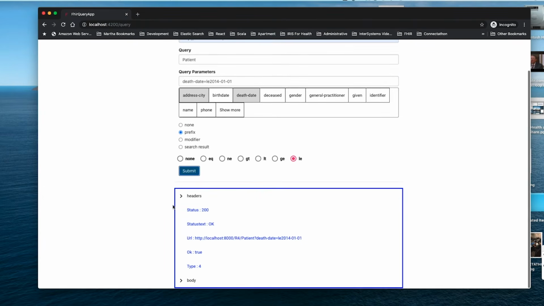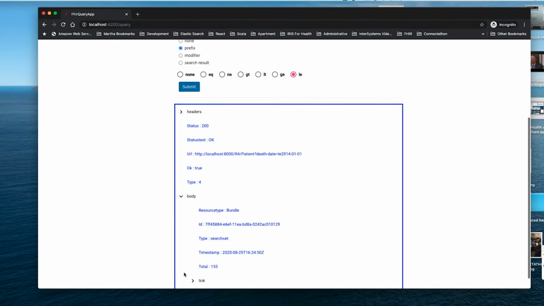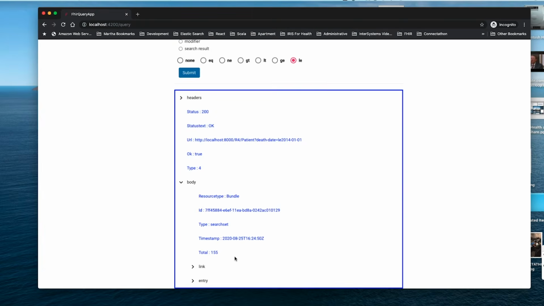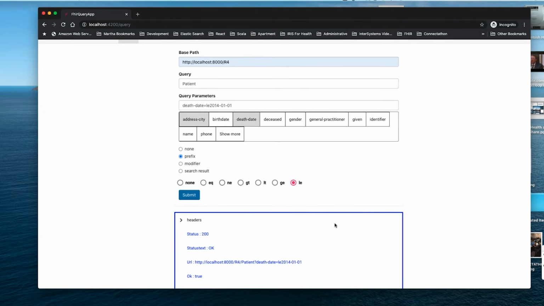We're going to get, I'm sure, a number of patients back. In this case, we get 155 patients back. So very easy to do these kinds of queries. Now, let's say you're saying to yourself, but I would be interested just in understanding whether it was just women or men. So let's add the gender in here, and let's put that we want really only males